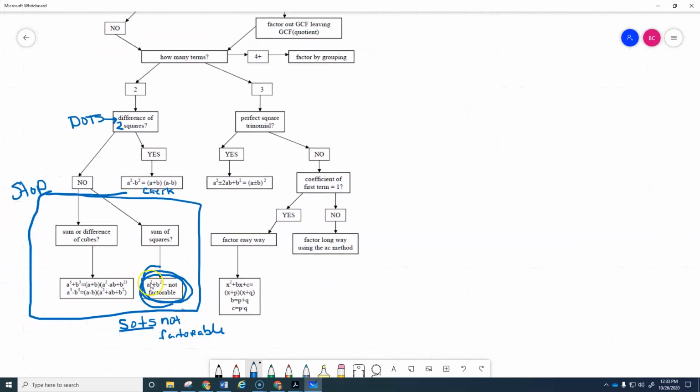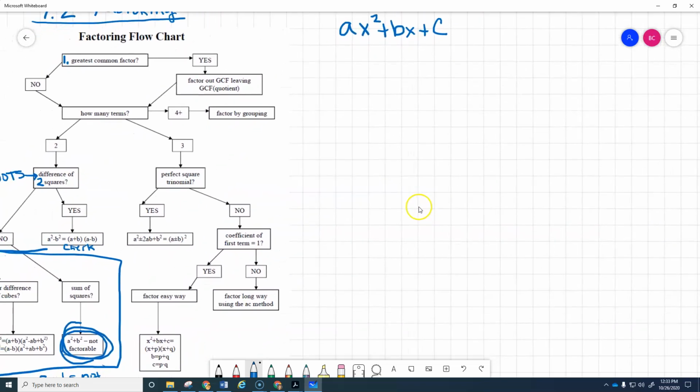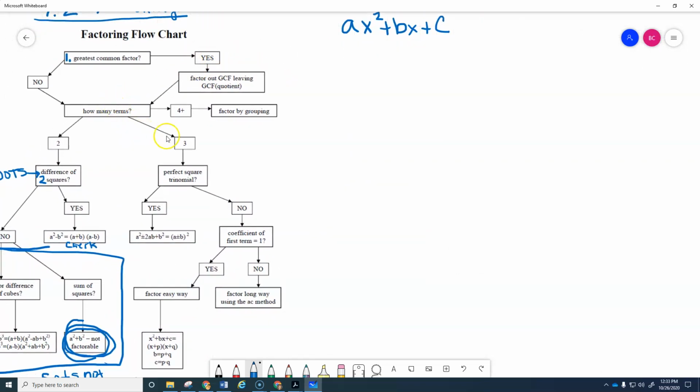We've talked about the sum of two squares not being factorable, not with real numbers anyway. We've talked about what to do if it has three terms, and we answer yes to it being a perfect